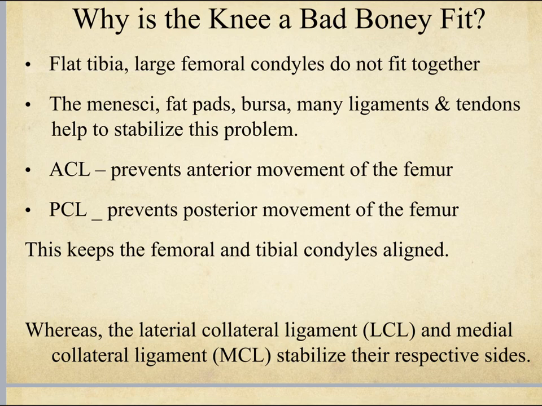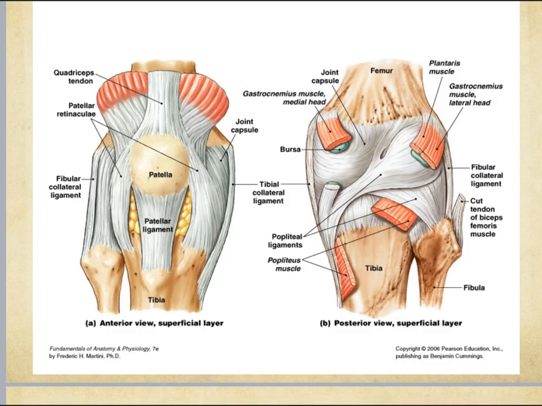So the lateral collateral gives lateral stabilization and the medial collateral gives medial stabilization. Look at this picture. You can identify all the joints and all the ligaments and tendons and structures and muscles and bursas and fat pads. But in lab, we're really going to focus on this with the model. But look at this hodgepodge, this mess of stuff. All these twisting, crossing, interwinding,